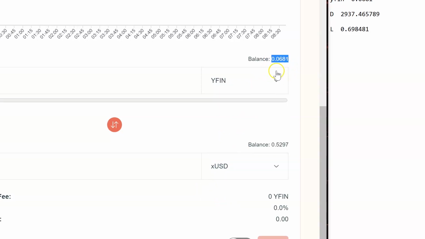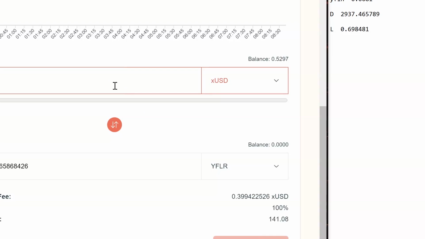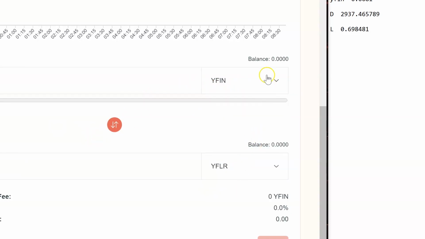Control C. I'm doing hotkeys because I don't want to keep right clicking everything. Oh, look at that. Look at that, guys. You're in luck. You see this value? You see this value? This is a swap. I almost made this a not kid-friendly video here.